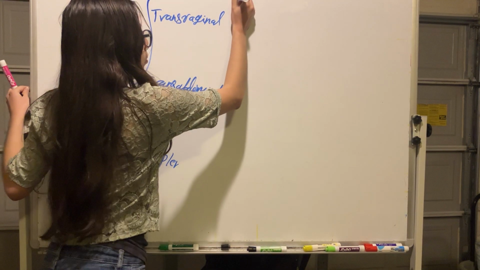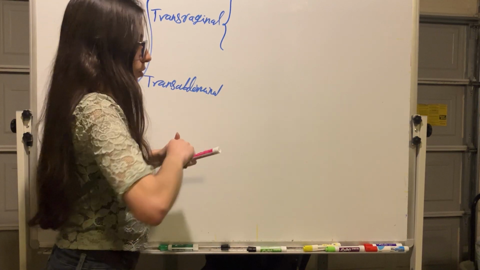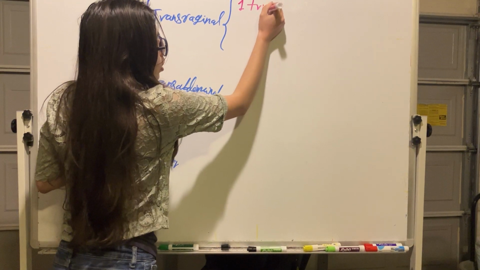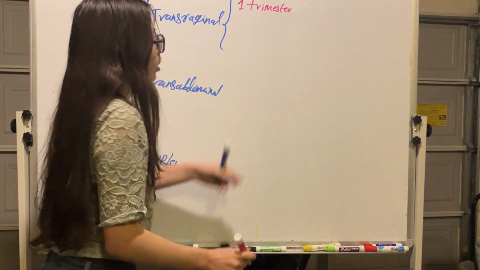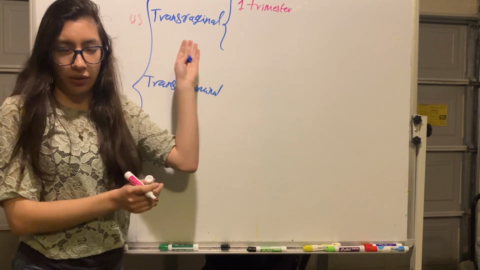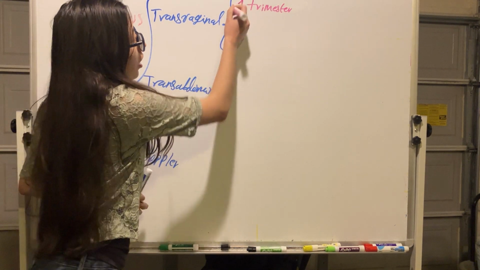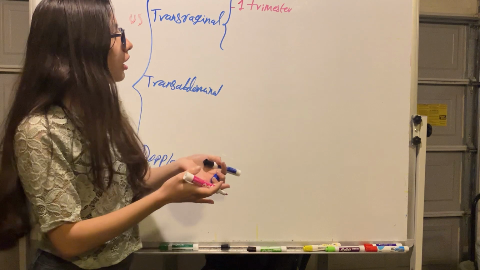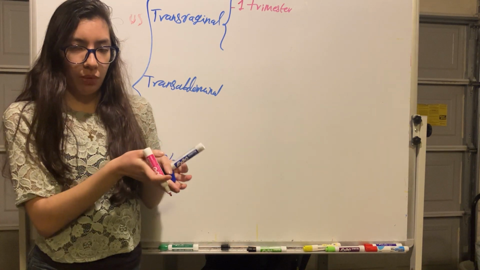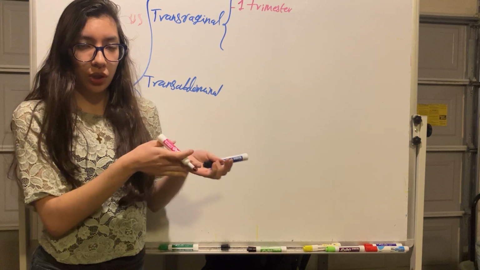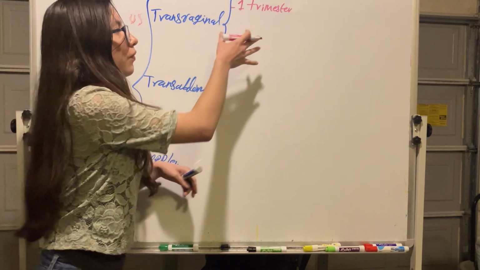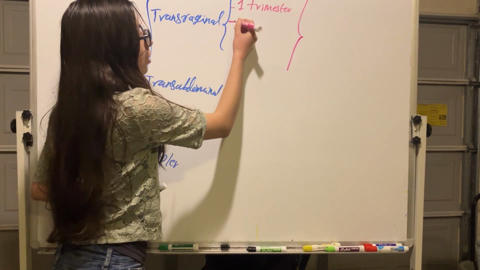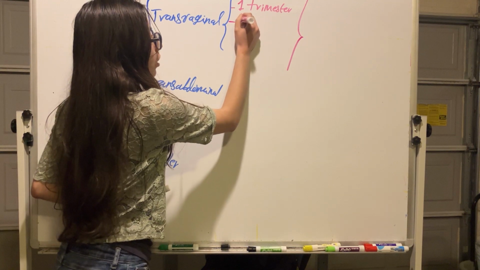So transvaginal ultrasound, this is done during the first trimester. Each time we're going to do an ultrasound during the first trimester, we do it via transvaginal. And during the first visit, when the pregnant woman presents to the clinic, at that moment we need to determine how many weeks gestation the patient is. Normally that is done during the first trimester, and so we do a transvaginal ultrasound to evaluate how many weeks